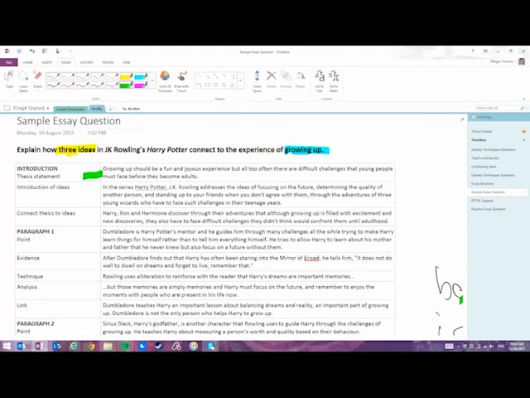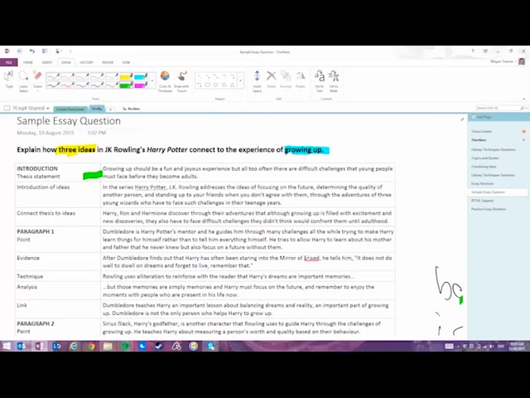Okay, I haven't actually mentioned Harry Potter yet. I haven't mentioned any characters. I haven't even mentioned the author of the series. It is very much a statement that you are able to continue to refer back to as you write your essay. And it's a really important thing to construct that thesis statement